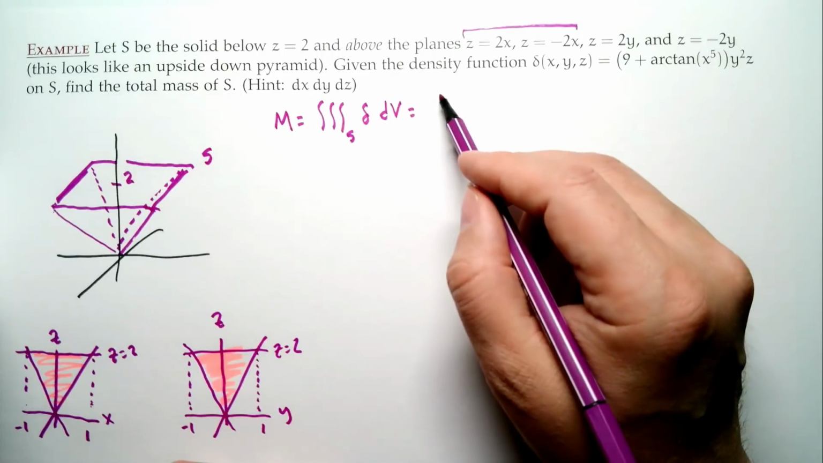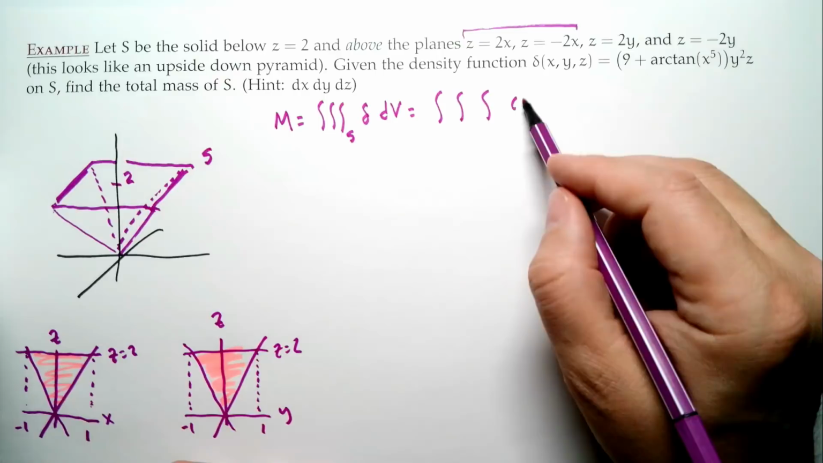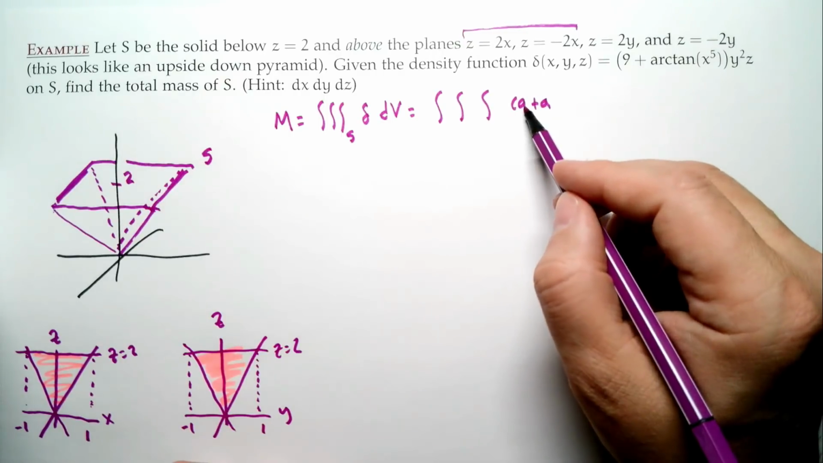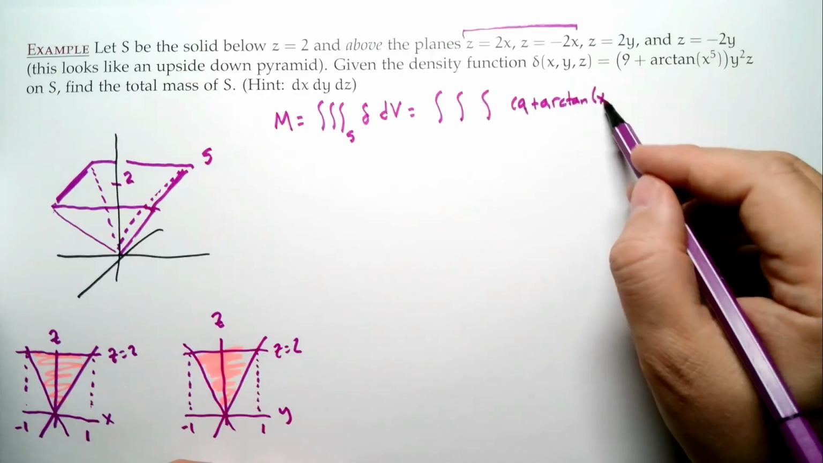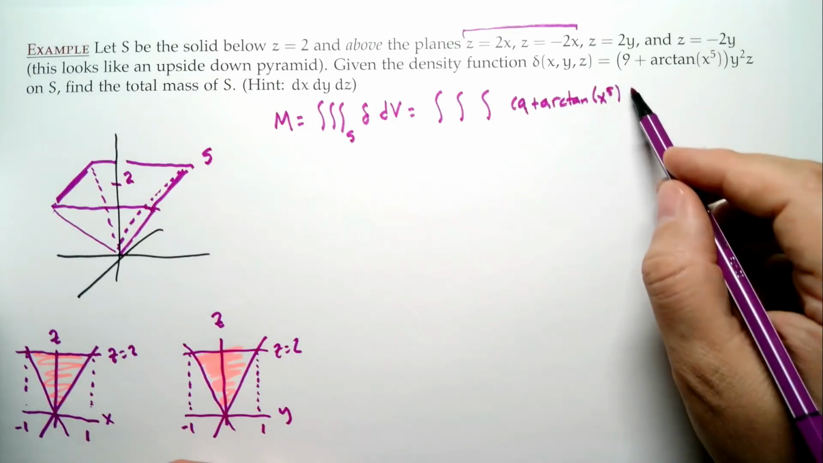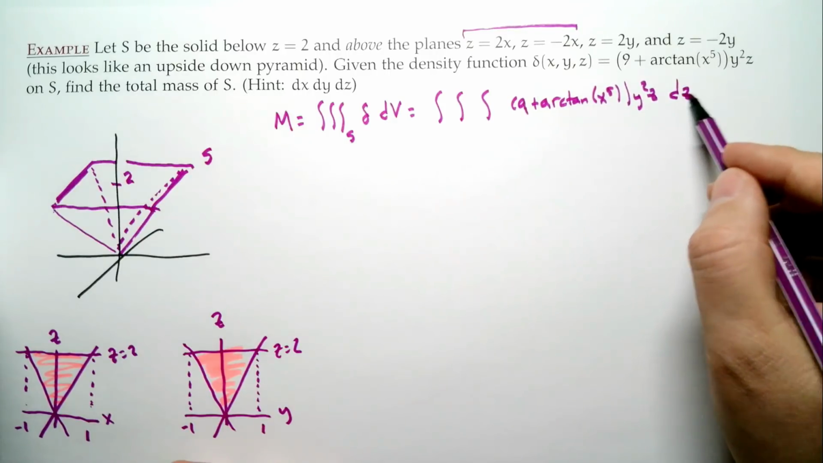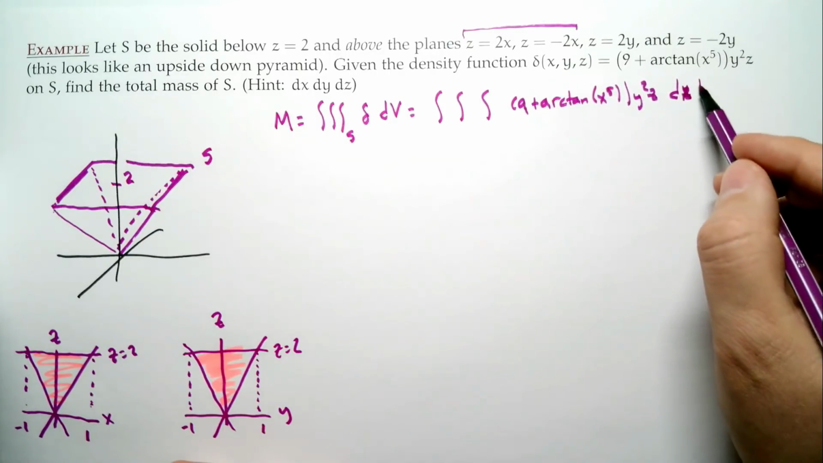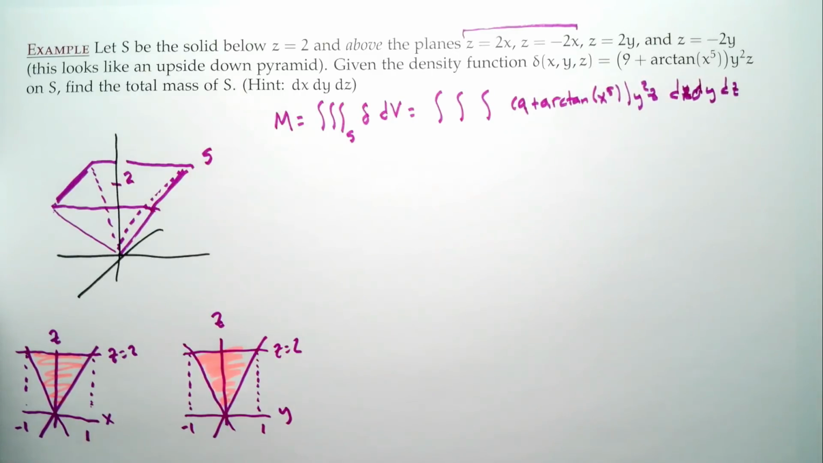dV. So that's going to be the integral of our density, 9 plus arctangent. Oh, an arctangent problem. Okay, well, we'll get to it. We'll get to it. y squared z. And we're integrating dx, dy, dz. Now,